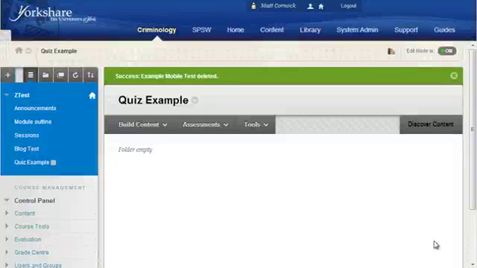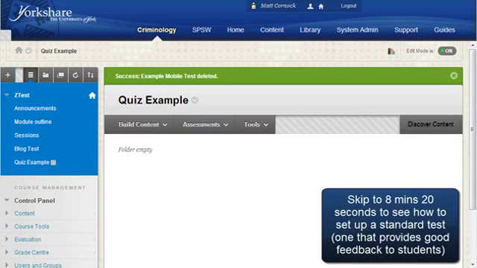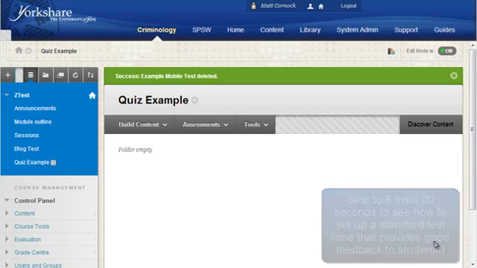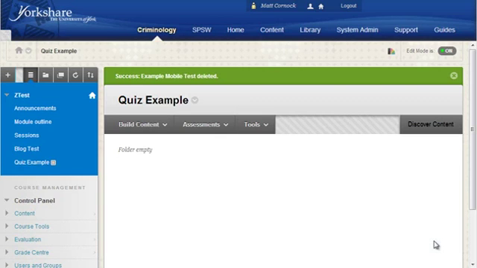In this video I will show you the two sorts of quizzes that you can create on the VLE. There are two types: a mobile compatible test and a standard test. We'll look at the mobile compatible test first. These quizzes will work via the Blackboard Learn mobile app, so they're very mobile friendly and they can be used